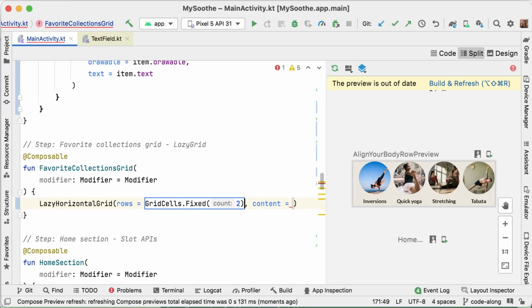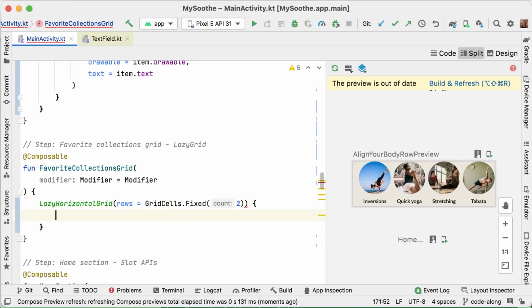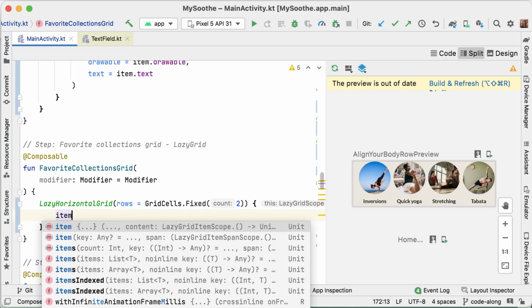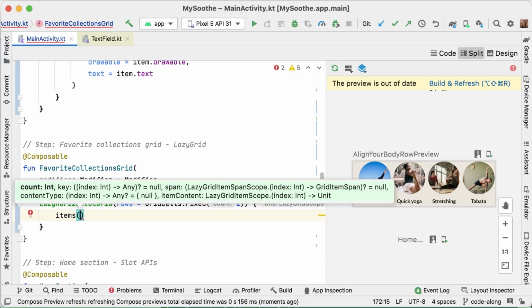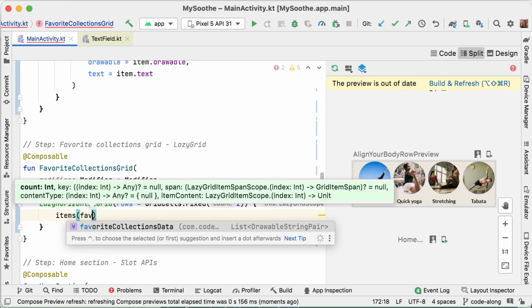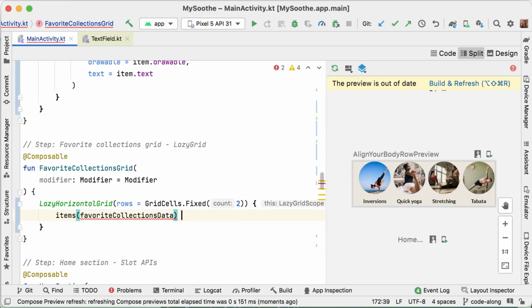And this is just telling the lazy horizontal grid that it always needs to use 2 elements on top of each other. And for the content, as we said, we can use the trailing lambda, and we would have the same situation as we had before with the lazy row. We can just call items to emit our different composables. And inside our items, in this case, we will use the hard-coded favorite collections data.